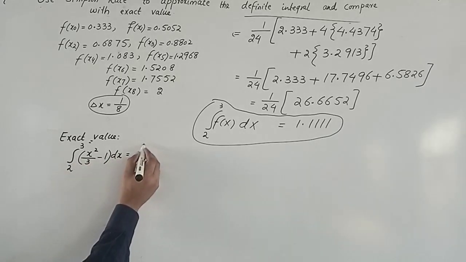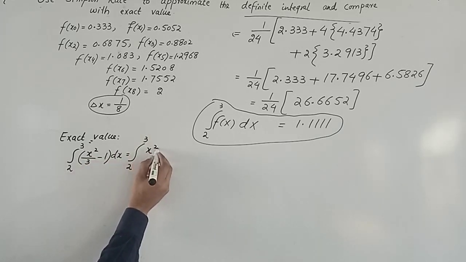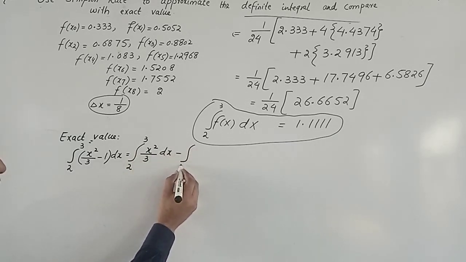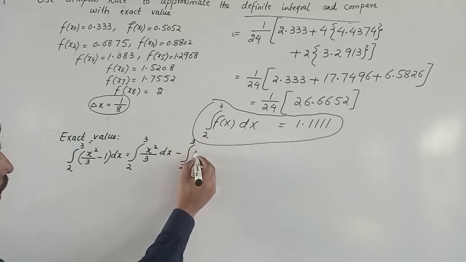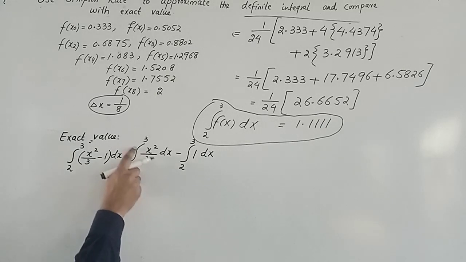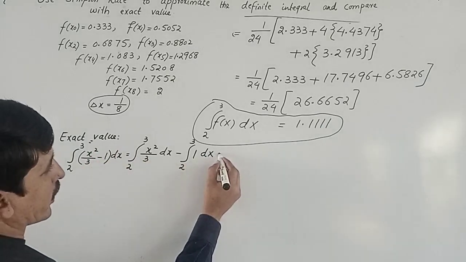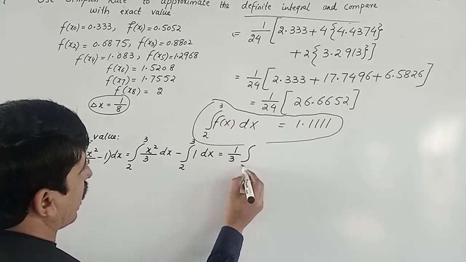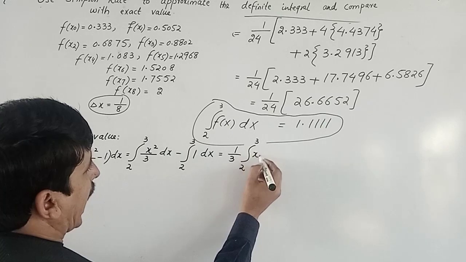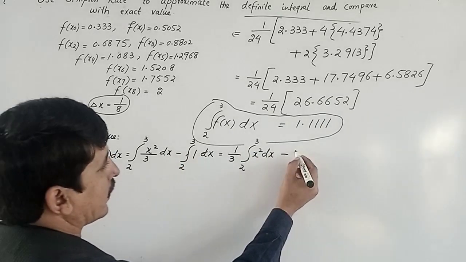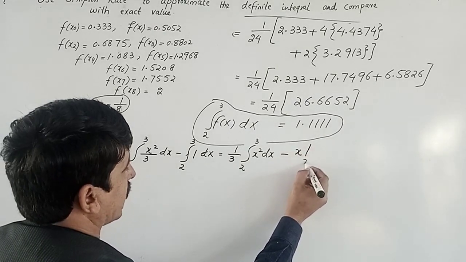This becomes integration from 2 to 3 of x square divided by 3 dx minus integration from 2 to 3 of 1 dx. Taking 1 by 3 out of the integration, we get 1 by 3 integration from 2 to 3 of x square dx minus, this becomes x with limits from 2